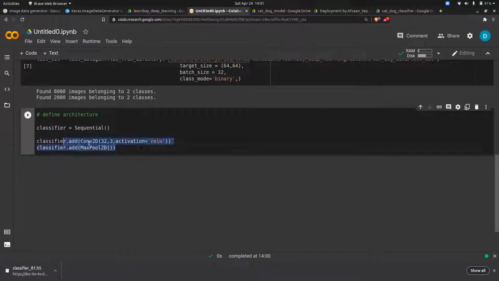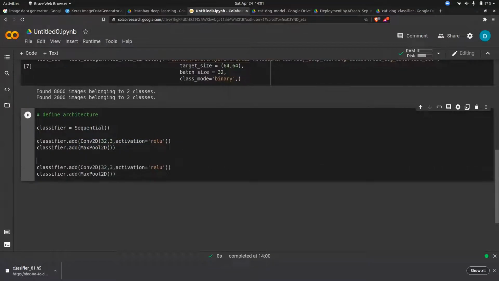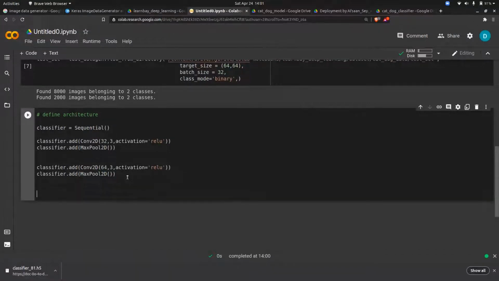Then I will just copy this, paste again down. So this is 32. Then I can go with 64. Then suppose my convolution is over now, what is the next step?